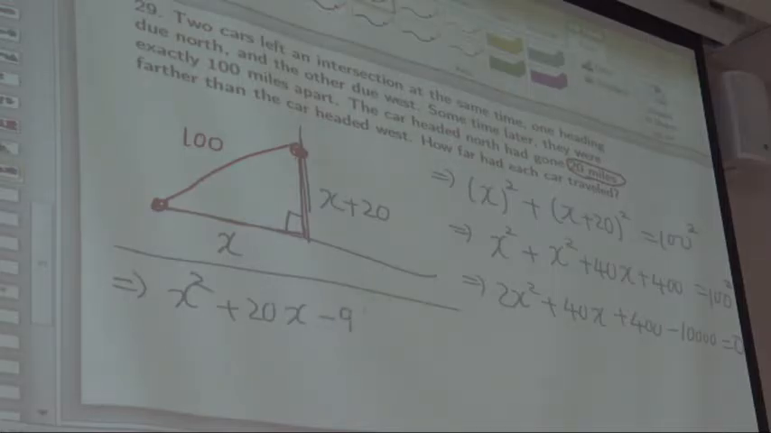And this is a 9600. So that's the answer? No, we got an x. We have to get an x. What is x? The product is a negative 9600, and the sum is a 20. So for the 96, we can